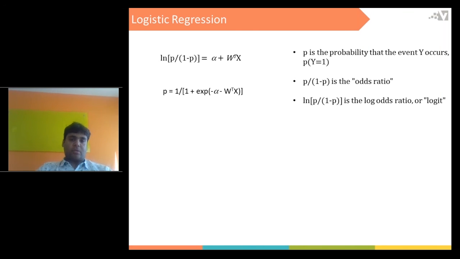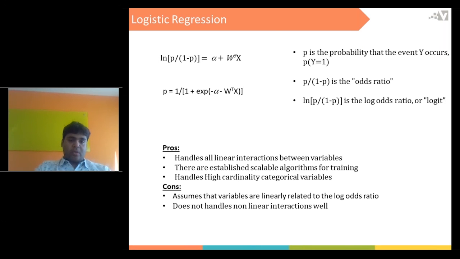Coming to the important part of it, what type of data can it handle and what kind of data does it face challenges with. Since it's a linear regression, it handles all types of linear interactions between the variables. Suppose you have variables x1 and x2, and your output depends on some linear combination of these two variables. Logistic regression will be able to capture that.